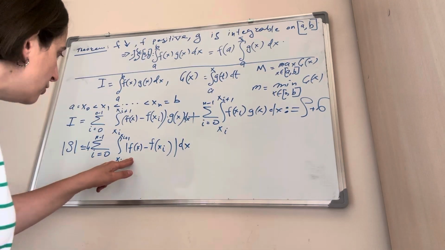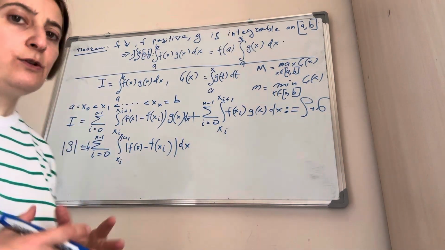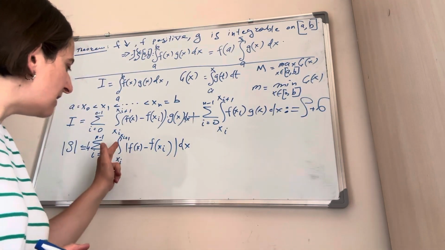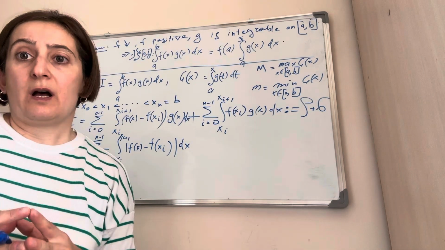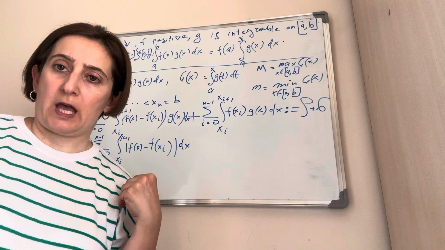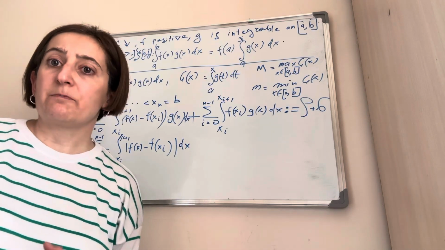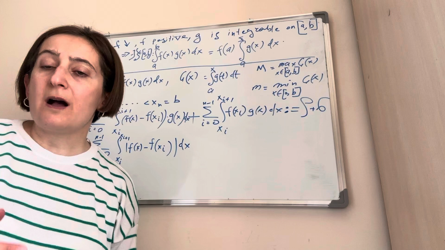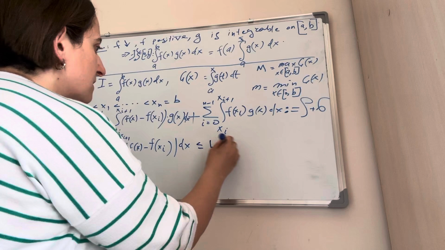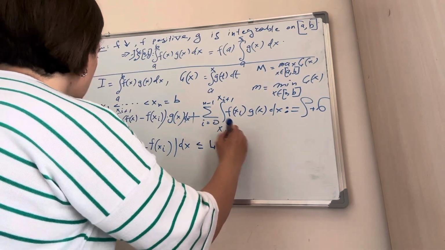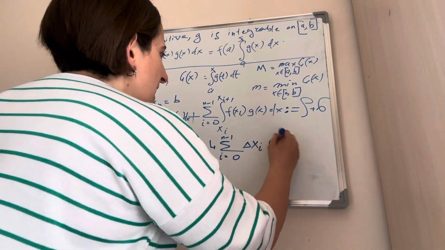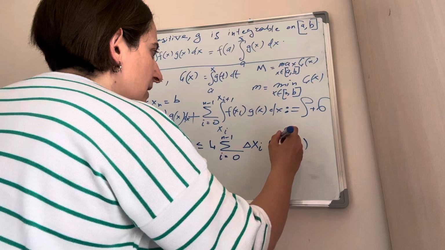Then, using the fact that f is monotone, we deduce that f is integrable as well, and we will estimate this modulus of difference by the difference of the maximum and minimum values of the function f on the interval [xi, xi+1], which is denoted by omega i. So this is less than or equal to L times the sum, i changes from 0 to n minus 1. I'm putting here the length of the interval, which is delta xi, and then omega i of f, and in fact this is